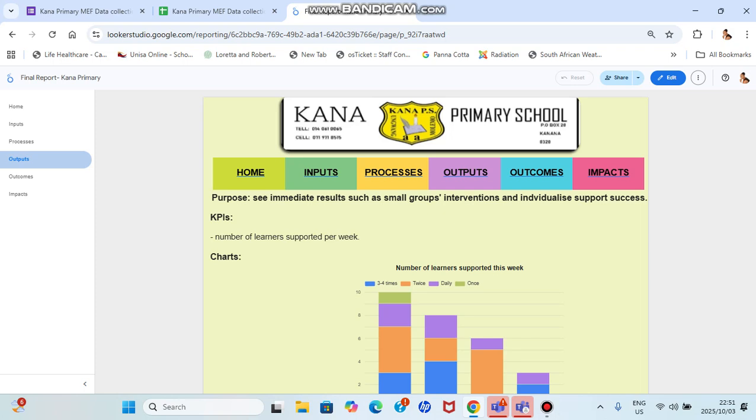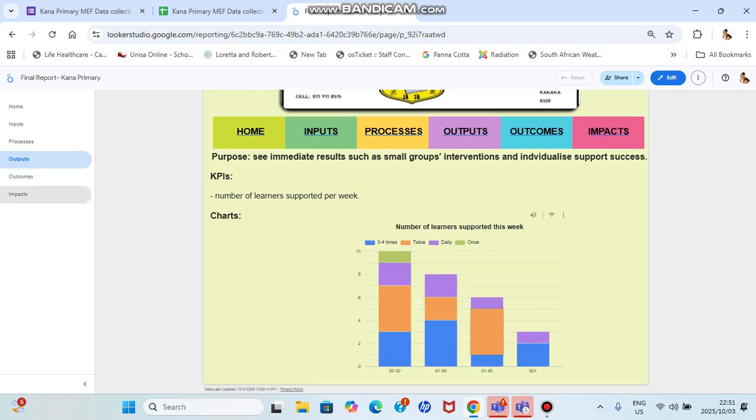In this one, we see the number of learners and how many times they engaged in the programs throughout the current week. These are the outputs. And then when we go to outcomes,